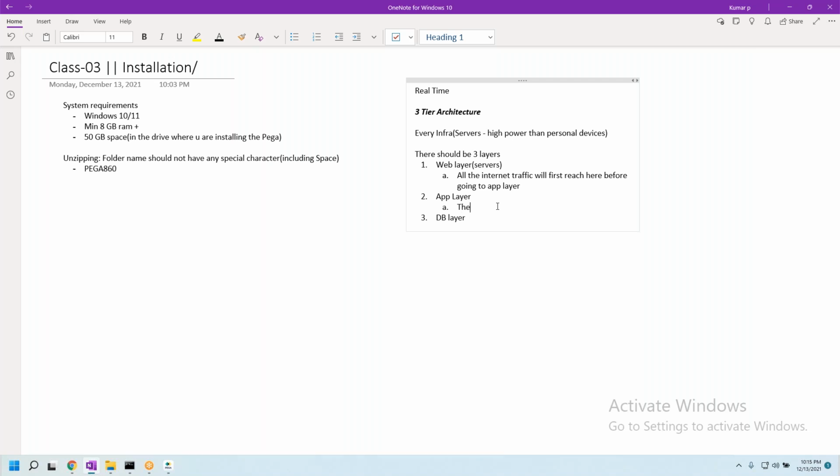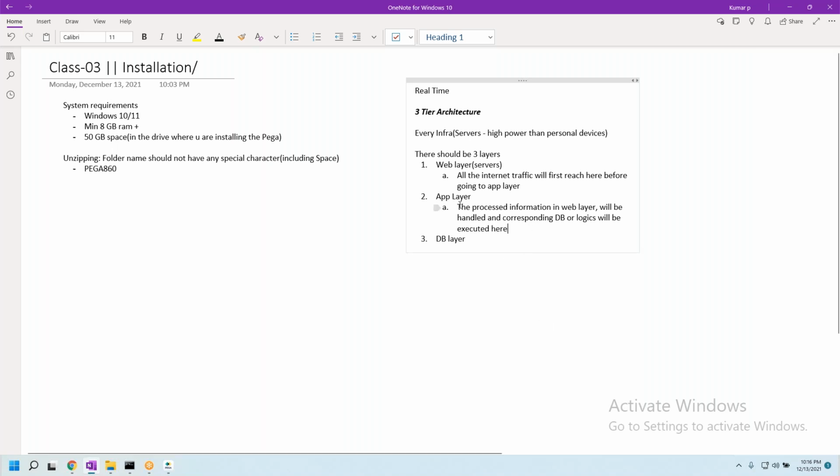Okay, the information processed in web layer will be handled, and the corresponding DB calls or logic will be executed here.